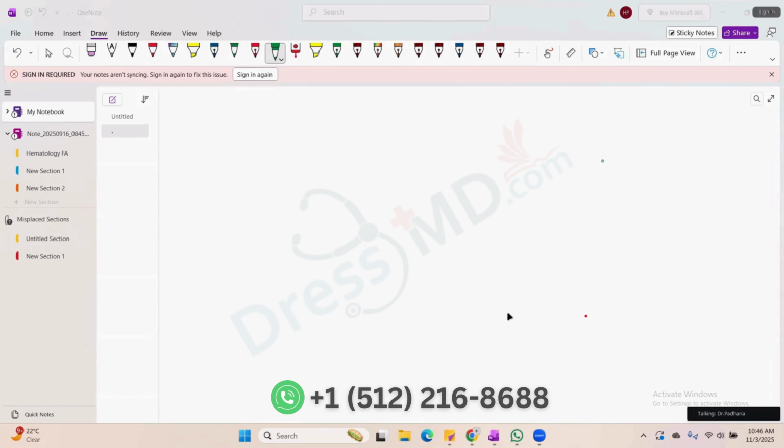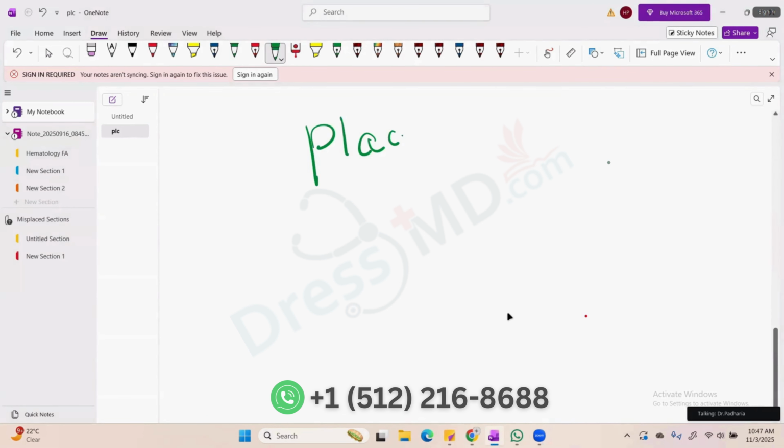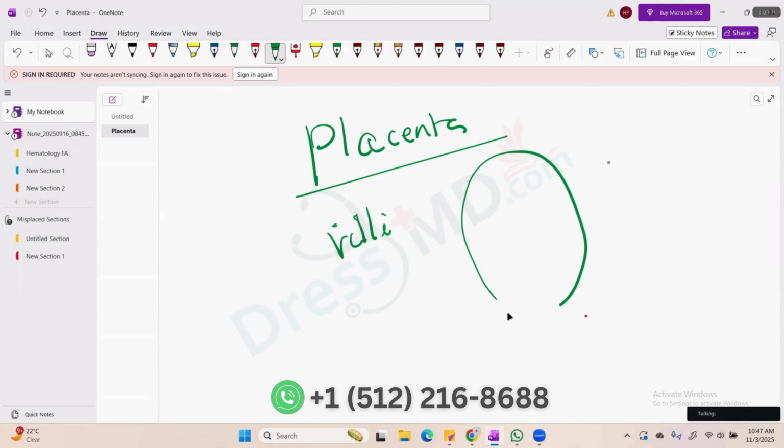Okay, to understand Hydatidiform mole and choriocarcinoma, we should know what is a normal histology of the placenta. So the placenta has villi. This is the villi of the placenta. This is how it looks. And the inner lining of the placenta, this is normal. Normally the inner lining of the placenta has